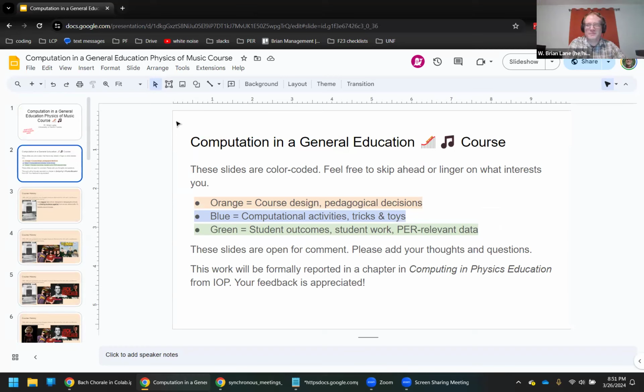True. I do have a question that's buried in here somewhere. Because you ran this as a gen ed class, or I mean, it is a gen ed class, how would your approach have been different, or the motivation or the reception to the coding specifically, if the course had been a broader mix of not just music majors, but people just there for the gen ed credit? I'm really curious what your perspective would be, given what you know.